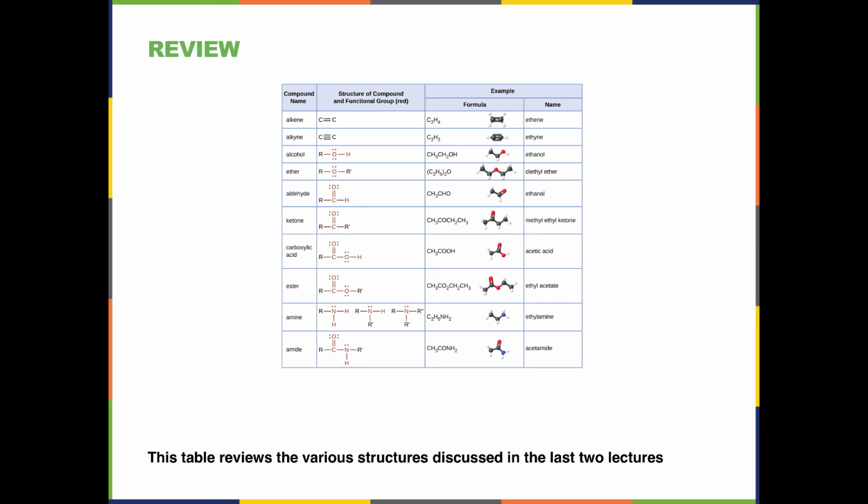And then lastly, an amide combines a carbonyl group with a nitrogen, and so you have ethylamide or acetamide. Now, one thing about this table that's a little bit worrisome to me is sometimes they talk about ethyl and use the standard IUPAC name, and then sometimes they take the more common name like acetic acid or acetamide. And so I will accept those kinds of answers, but I suggest that you try to stay consistent by using the IUPAC